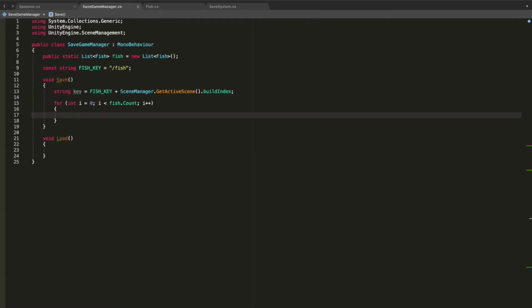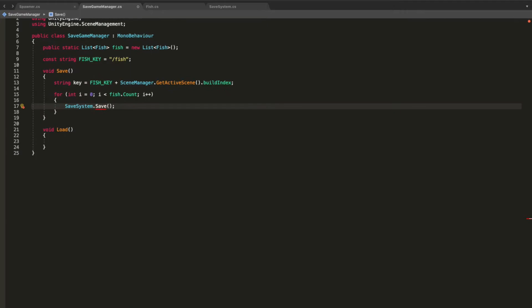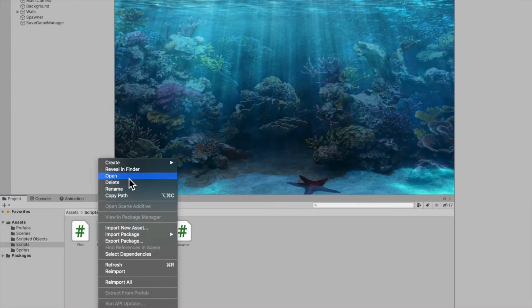Now that we have the key, we need to go SaveSystem.Save. Now we cannot simply go fish at the index of i just to save that as the object, and it would be messy to save each variable separately of the fish. So we're going to put the fish into a data class and save the whole thing instead. So I'm going to comment this line out, and we're going to jump into Unity,